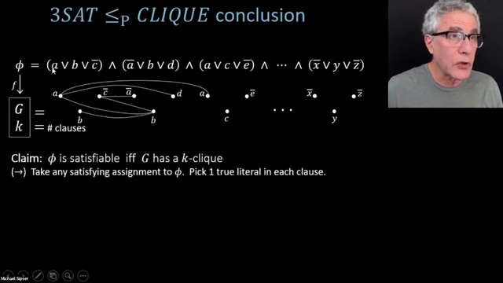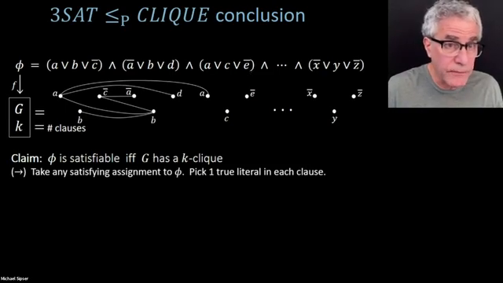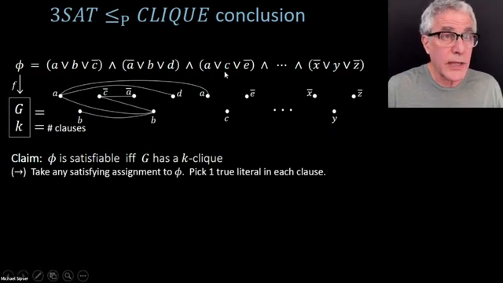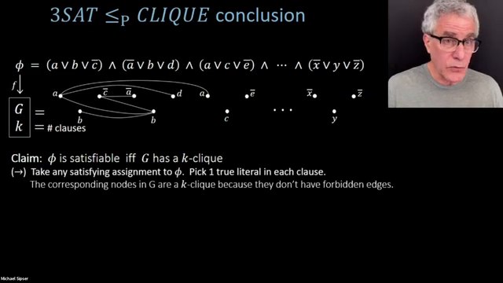Okay, so I don't have this indicated on this diagram here, but imagine that in the very first clause, A was true. In the second clause, B was true. In the third clause, E complement, E bar was true, not E, which means E itself was false, but E bar was true. And that's the way each of those clauses in turn got to be true in this particular satisfying assignment, because you're going to pick one true literal in every clause. And now, from that choice of literals, one per clause,